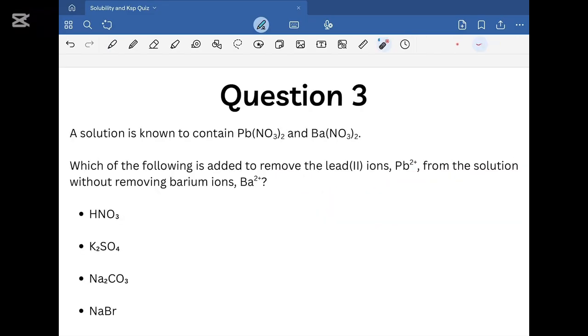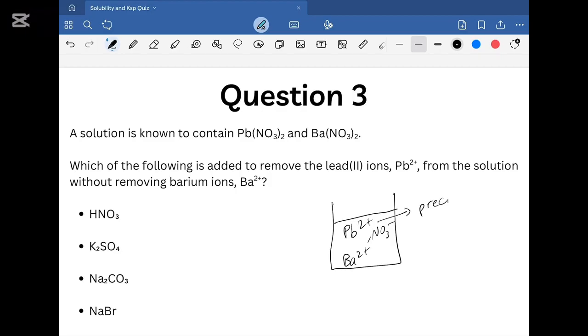Question 3. A solution is known to contain lead nitrate, Pb(NO3)2, and Ba(NO3)2. Which of the following is added to remove the lead ions from the solution without removing the barium ions? Now, another way I can read this question is I have the Pb2+ ion in the solution. I also have NO3- present, and I also have the Ba2+. Now I want something that will form a precipitate with Pb2+